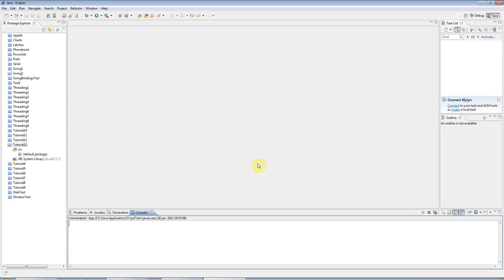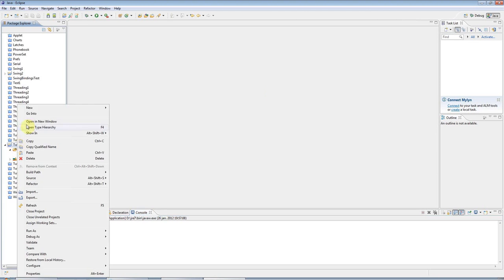And this tutorial is on classes in Java, and it's also going to be a little bit about object-oriented programming in general. So I've got a project in Eclipse as usual, and I'm going to show you the first step